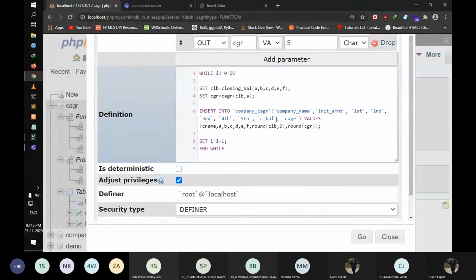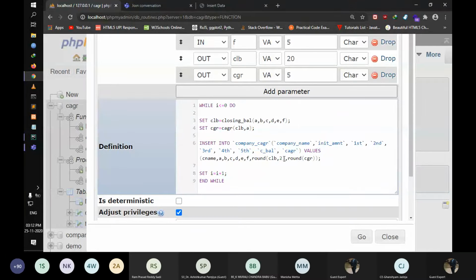As you can see here, the closing balance I've written round in front of it with 2, which basically displays the value rounded to 2 decimal points. If I write 4 here, then it will round the value to 4 decimal points. That's the only thing it is.